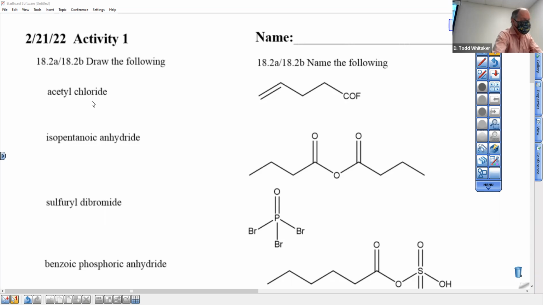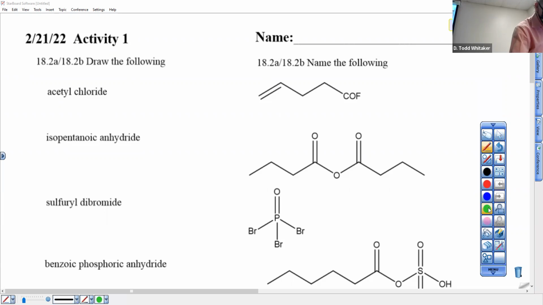So when we're doing acid halides and any carboxylic acid derivative, when you're naming them, you have to remember how to name the carboxylic acid or else you can't start. So we've got to figure out that the carboxylic acid we're starting with here is hidden in here, and that's acetic acid. Let's put that up here. Acetic acid,